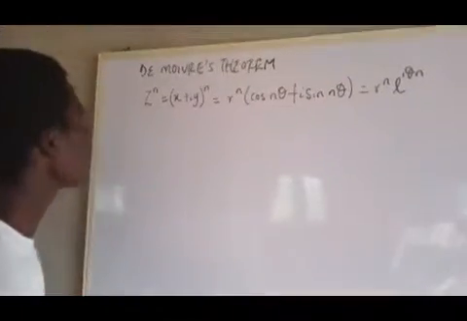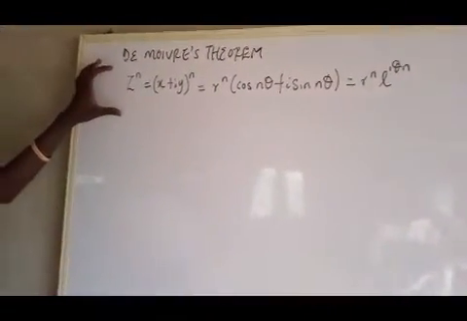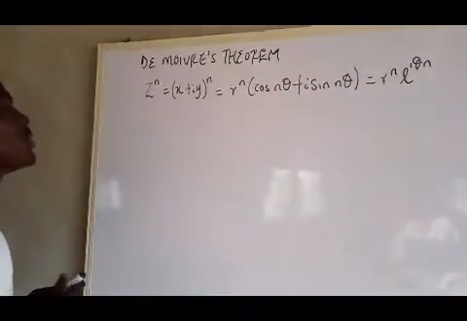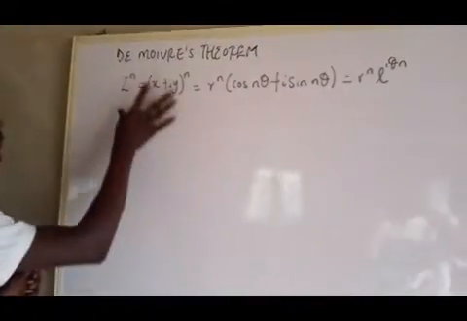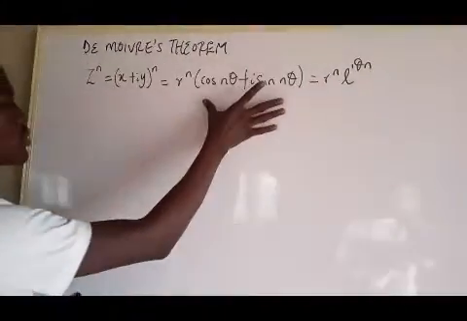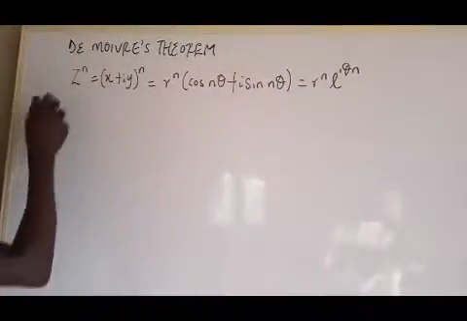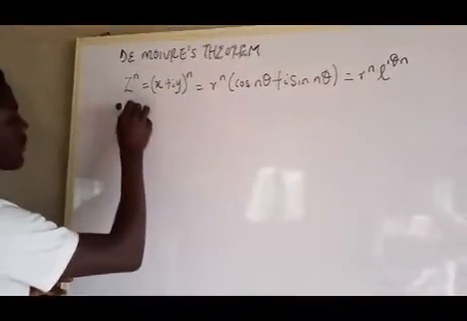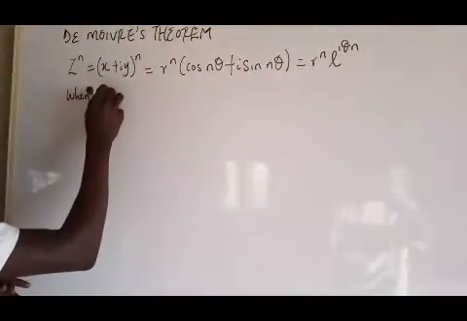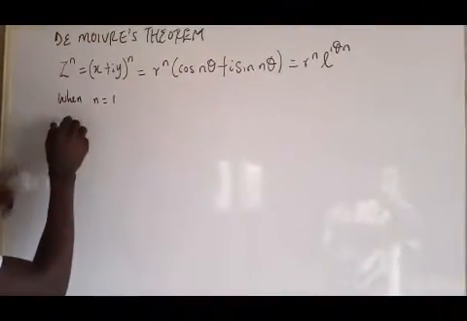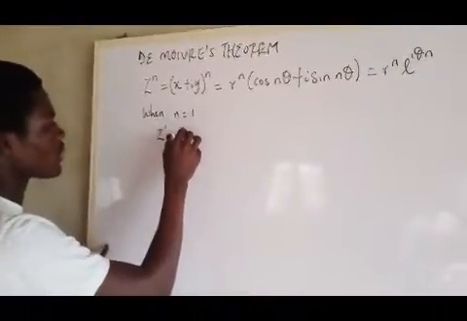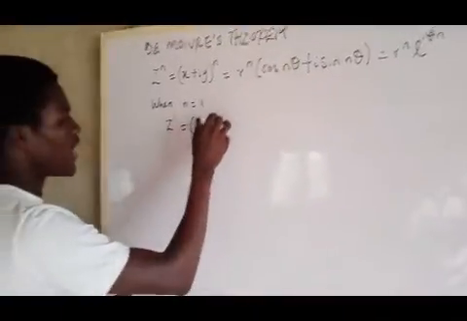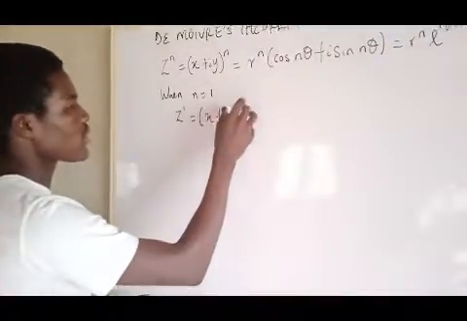Alright, so we'll be proving De Moivre's theorem using the mathematical induction process. So we want to prove that this side is equal to this side. So the first thing is when n is equal to 1. When your n is equal to 1, what will you have? You have z raised to power 1 equals (x + iy) raised to power 1